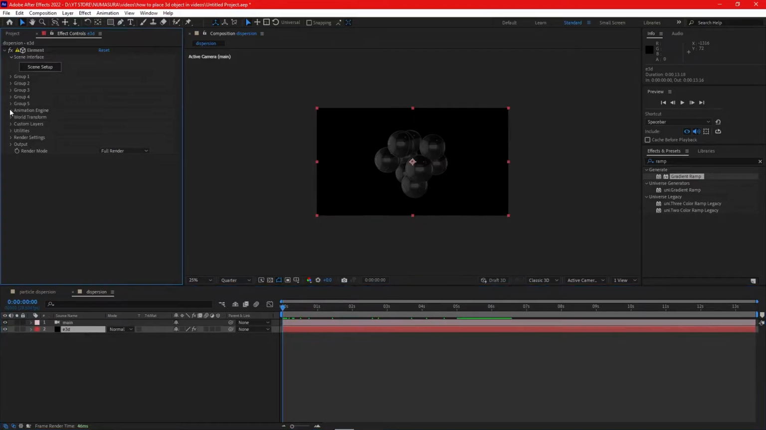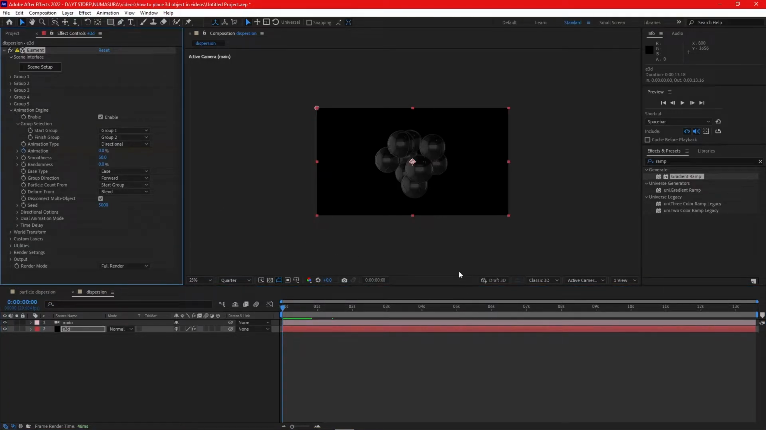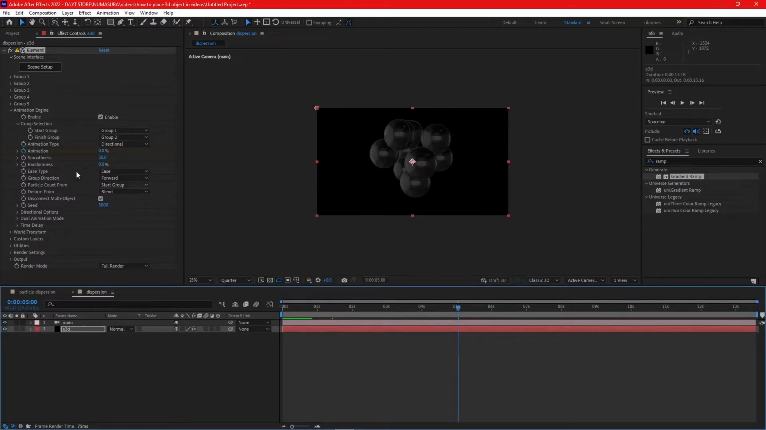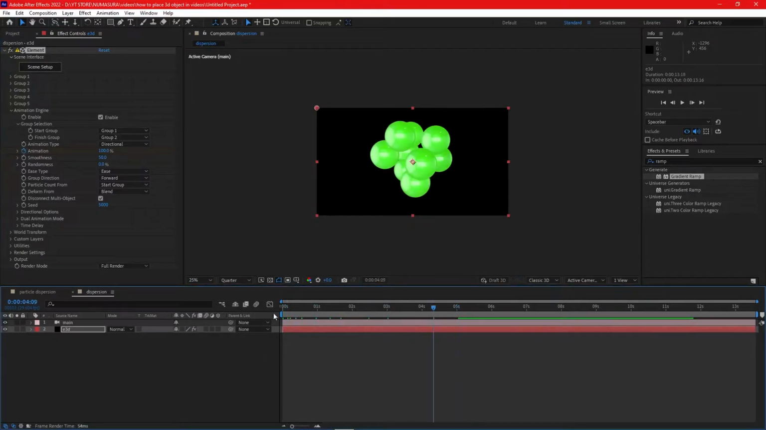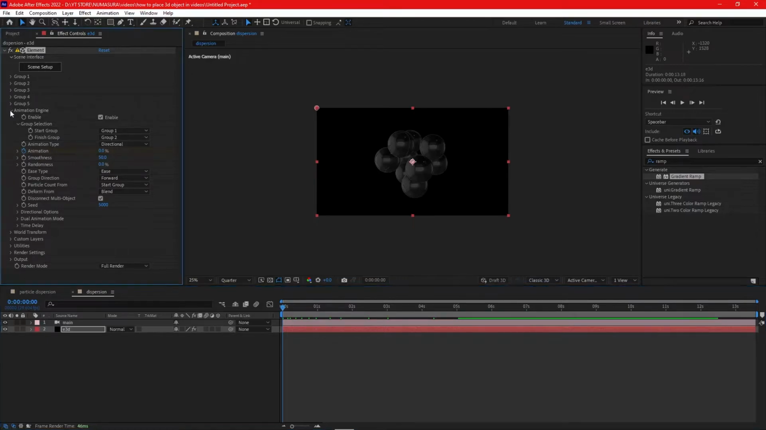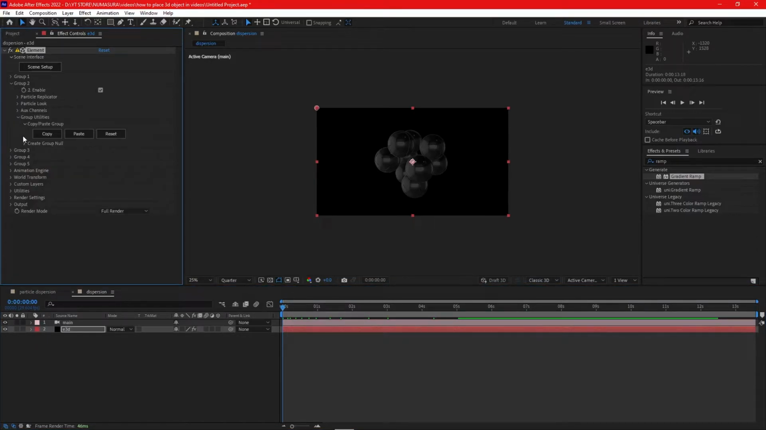Now go in Animation Engine, enable the Animation stopwatch, go 5 seconds ahead and increase it to 100. Now what it will do is move the green side to the black side and it will look like a dispersion effect. Now close the Animation Engine, open Group 2, Particle Look and open Multi-Object